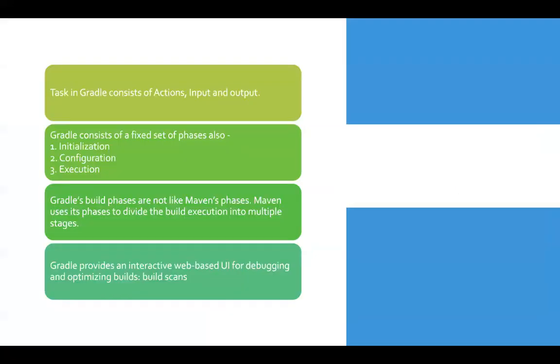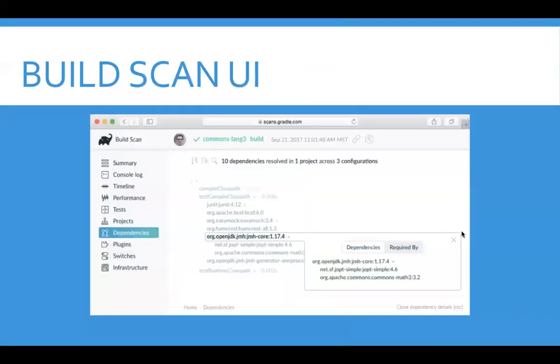Okay, so a different thing that Gradle provides us is an interactive web-based UI for debugging and optimizing builds. Basically, the build scan. What this does is it provides us this interactive web-based UI, scans.gradle.com.